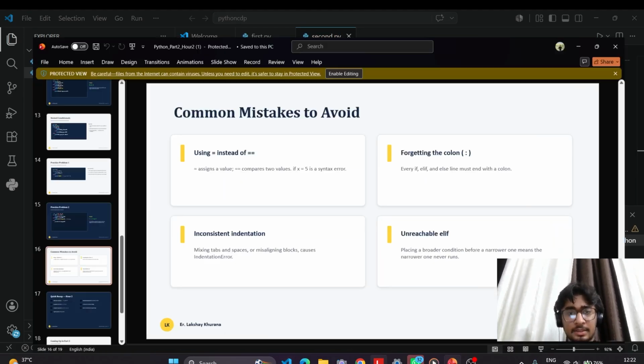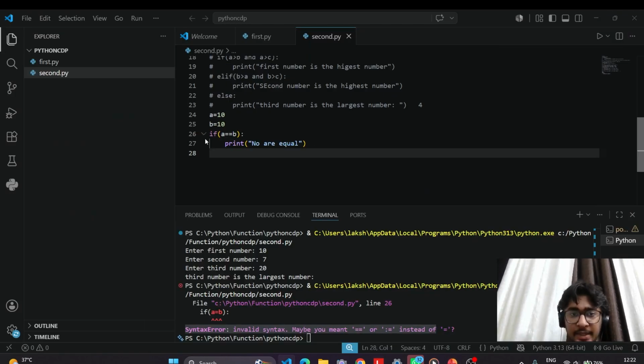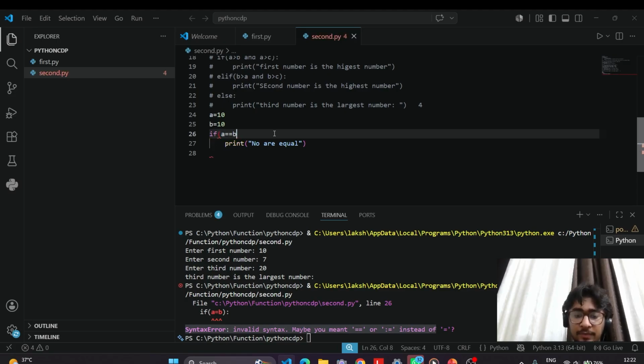Okay, so next is forgetting the colon. Yes, sometimes, like I have written the if condition here, some students write if a equal to b,